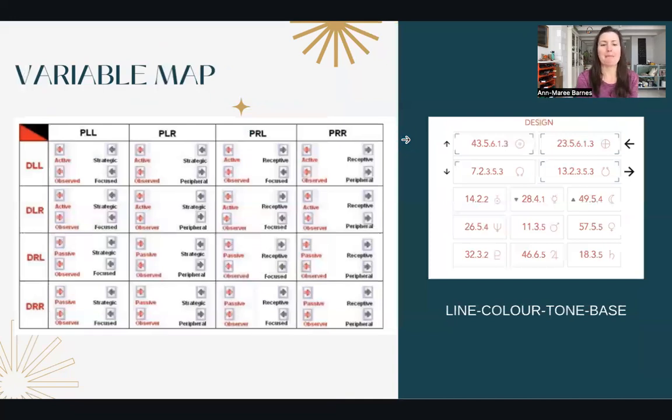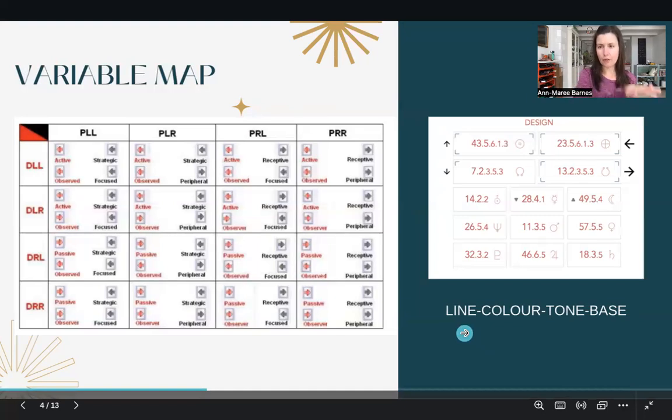Okay, variable map. So this is the variable map, or as Ra affectionately called it within the PHS classes, the magic box. He found this very, very fascinating in his later years because it added a whole other interesting layer, not only to each individual design, but also into what pulls different aura types to each other, different people to each other. And a lot of those answers, if they're not obvious in the body graph, they will actually be here in your variable. So what I wanted to mostly just highlight here, this phenomenon that I was speaking about